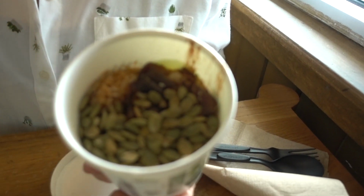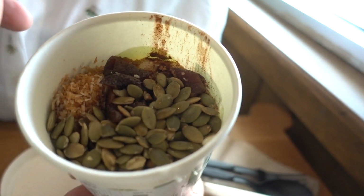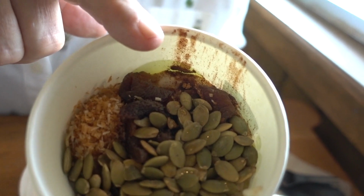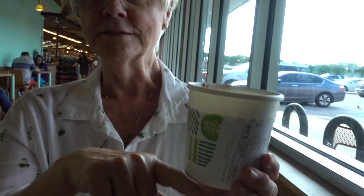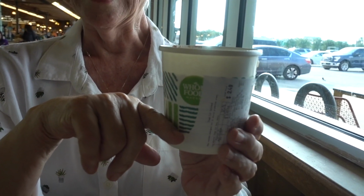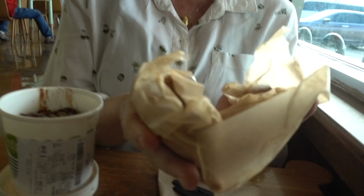What'd you get this morning? I got oatmeal, but I doctored it quite a bit. Oh, you got pumpkin seeds. Pumpkin seeds, dried apricots, coconut, and on the bottom I have strawberries and I think those were blackberries mixed in there. Oh, yeah. But I also... What's that little nugget? You pointed these out to me, and I would not have known they were there this morning. But I got myself a vegan